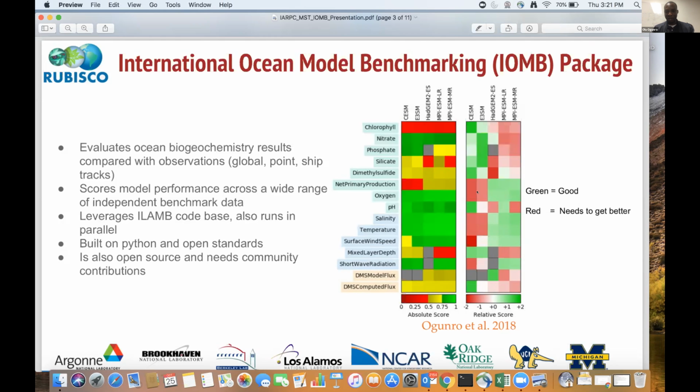With the green, you begin to have an idea that this model is doing well with respect to that observation data set. One thing we want to clear up front is that this is not an impression that this model is good or bad. It just gives us an idea of how a particular model is doing with respect to your observation data set. So the quality of the observation data set in question is very important.